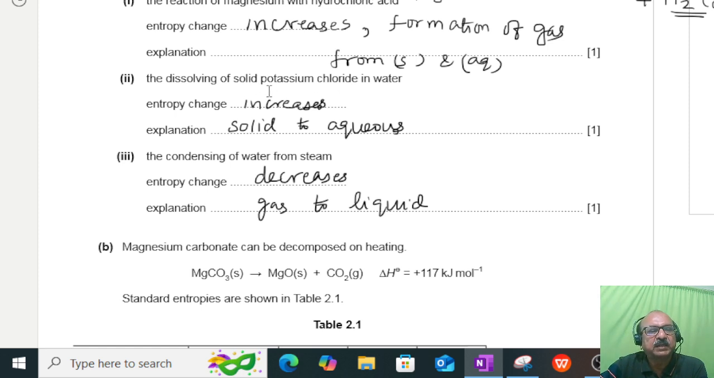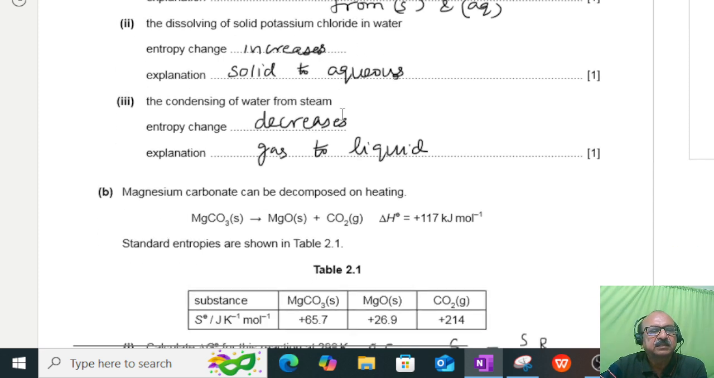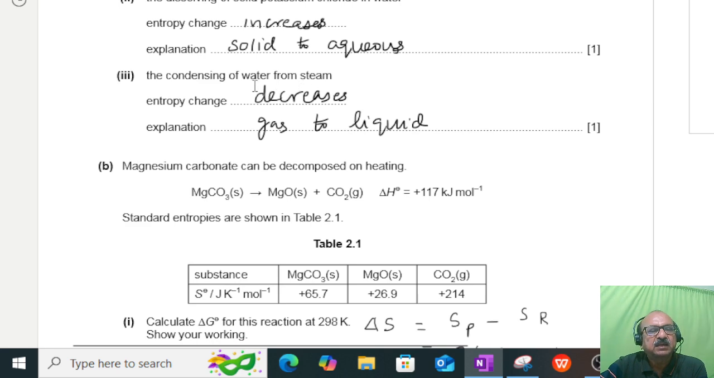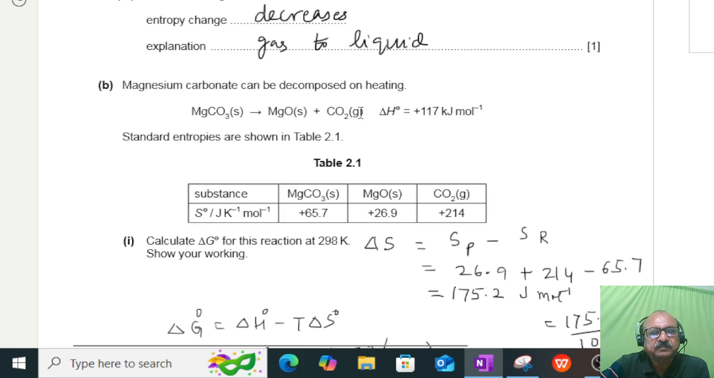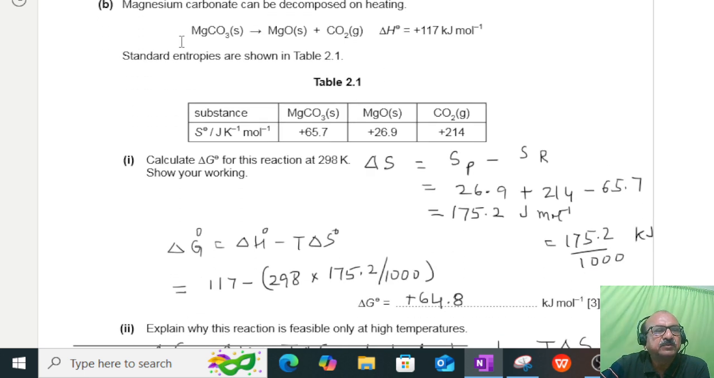So when it is solid, it has a greater order, but when it dissolves it changes into aqueous, and therefore the entropy increases. Now when steam condenses to water, water is a liquid, so from gas to liquid the entropy decreases. So that's the answer. Okay, that was easy. And now we go on to the B part, that magnesium carbonate can be decomposed on